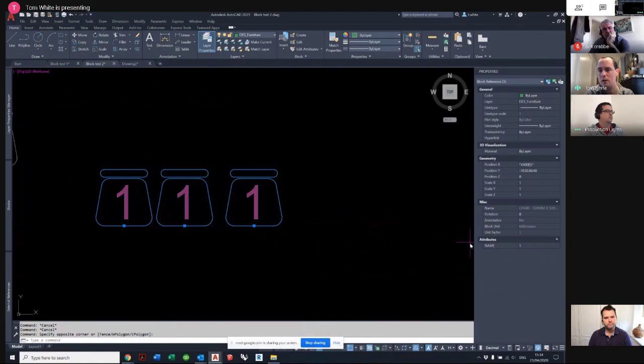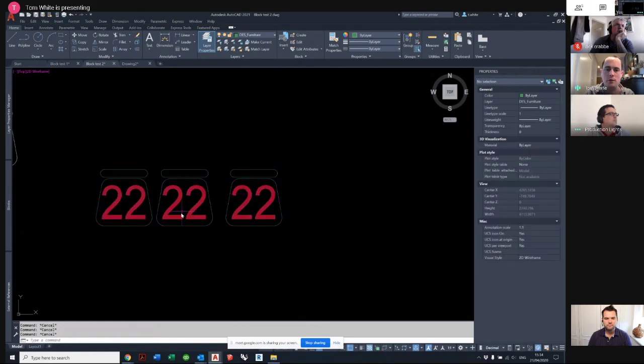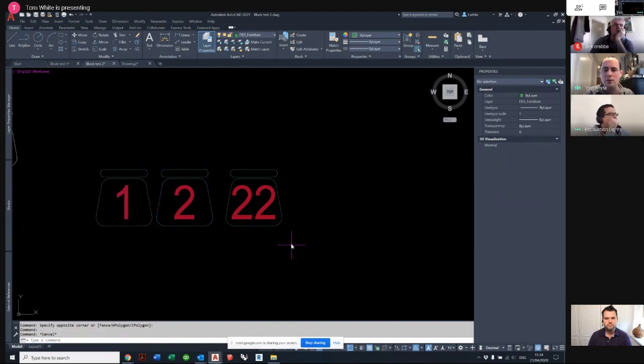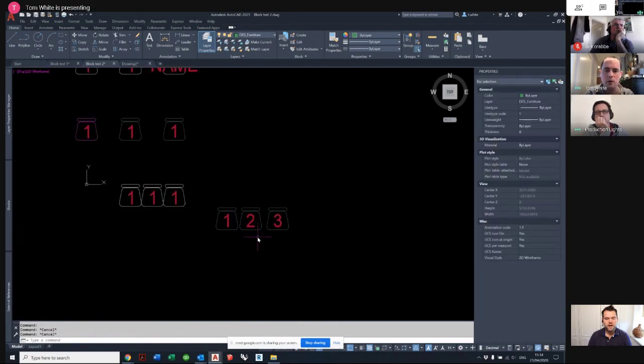and 3. So down here, I've selected those 3 blocks and go all the way to the bottom, and there's a table called attributes, and the word name is what me or yourself would enter, and this is where you could do different seat numbers. So in this circumstance, I can do 1, 2, and 3. And if you select more than one at a time, you can change them all at the same time. And if you double click them as well,